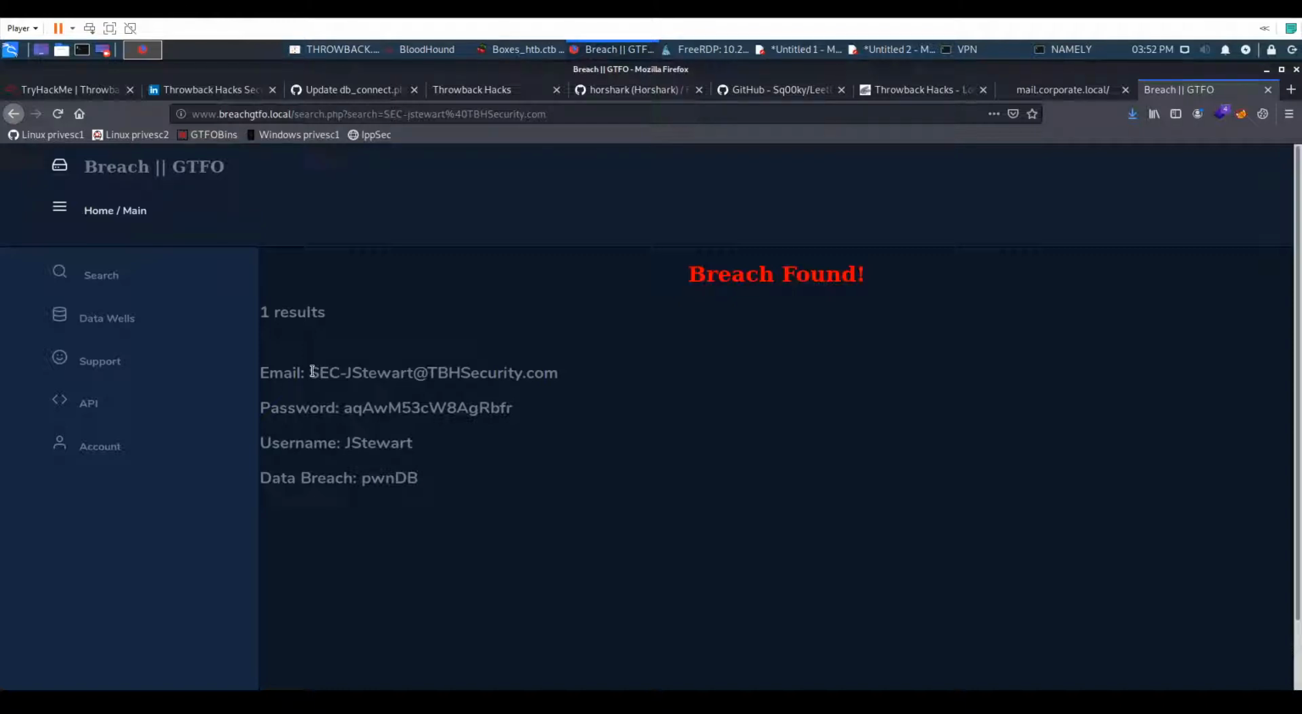So the scenario could be that this J Stewart used this email address for a service that suffered a breach of users' credentials, and that's how the attackers, malicious actors, gathered the username and the password, and it was publicly available. And despite the